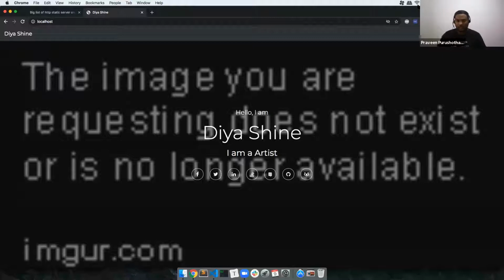Arshdeep Singh says sudo is not found. Are you using Windows? Sudo works only on Linux-based machines, or Unix-based machines. Praveen, are Unix and Linux both the same? Unix and Linux are not exactly the same, but 90% same, you can say.